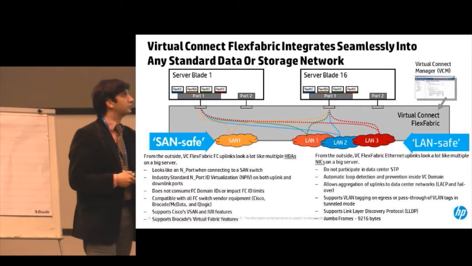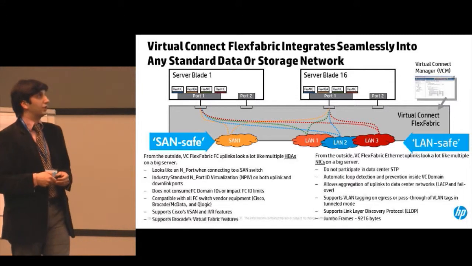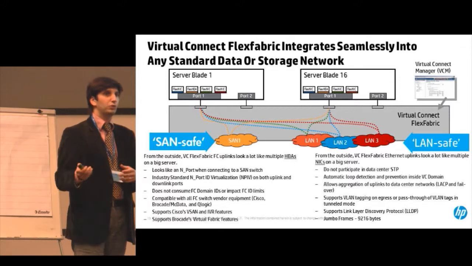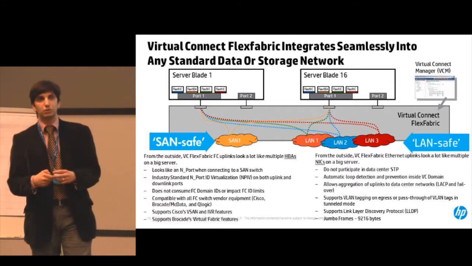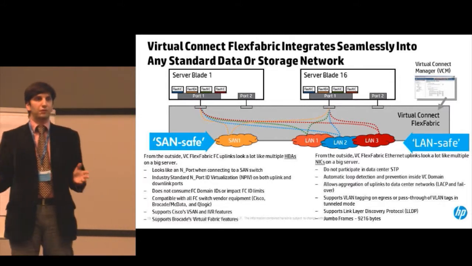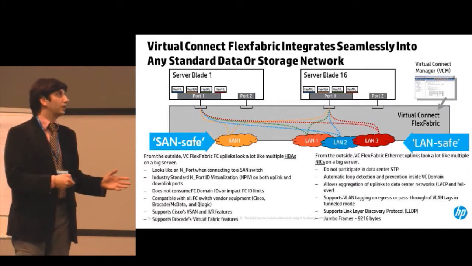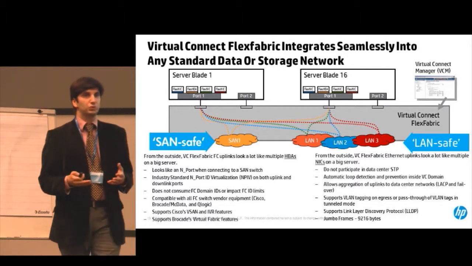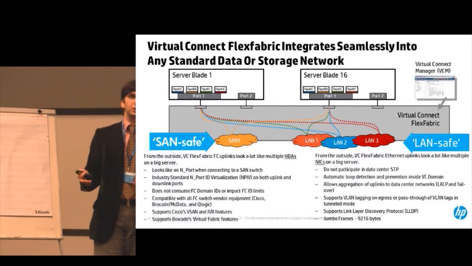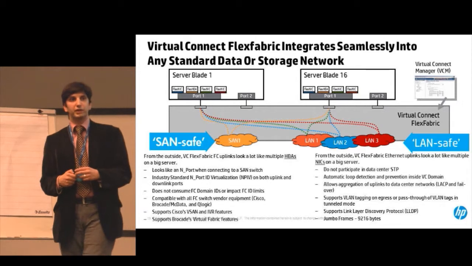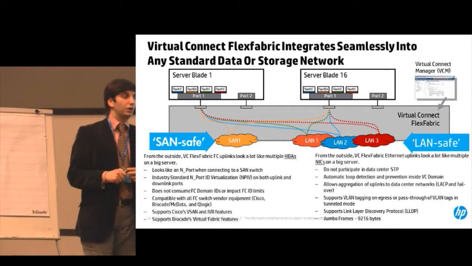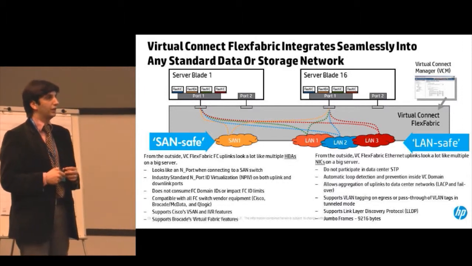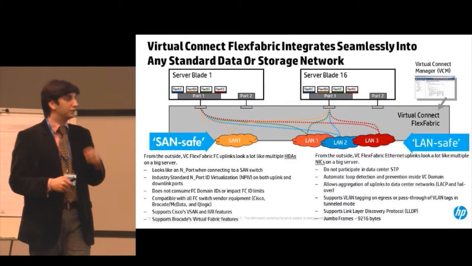Very nice and done. Then your LAN admin comes and configures your network parameters. And again, the uplink port of the Virtual Connect for the external network will look like a server with a lot of network interfaces. You can configure trunking, you can configure VLANs. Do you want to use the VLANs in pass-through mode, which means that we are just passing the tagged VLAN through to the host, or we can actually make Virtual Connect assign a tag on egress, depending on your